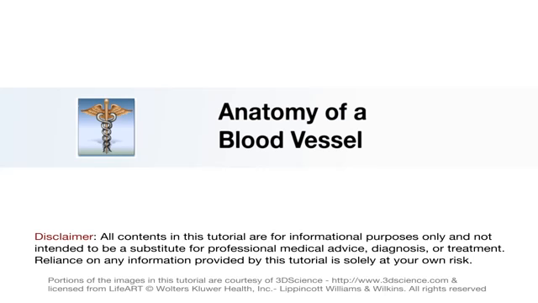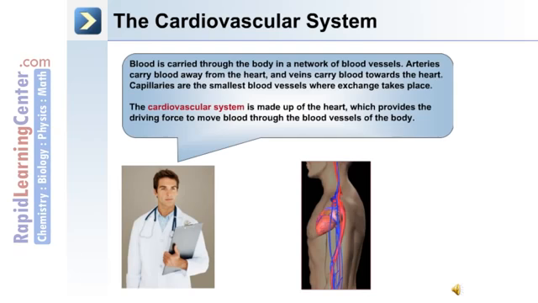Let's begin by discussing the anatomy of a blood vessel, including the different layers and the function of each layer. Blood is carried through the body in a network of blood vessels. Arteries carry blood away from the heart, and veins carry blood towards the heart. The capillaries are the smallest blood vessels, and this is where exchange between the blood and the extracellular fluid takes